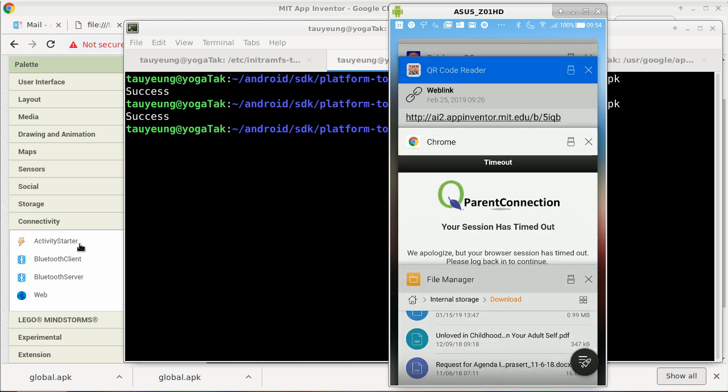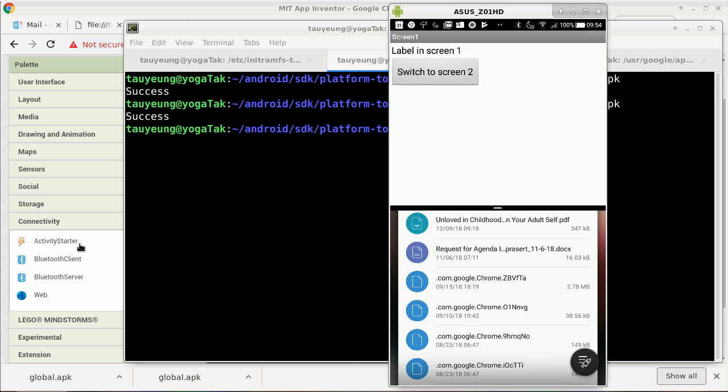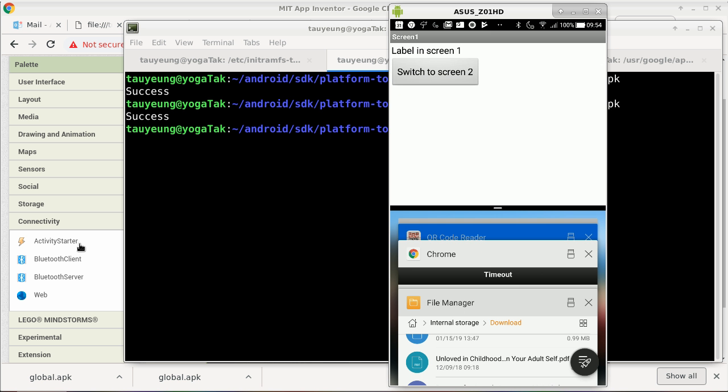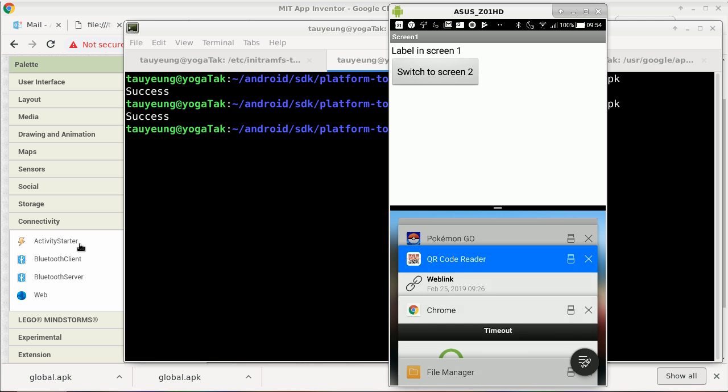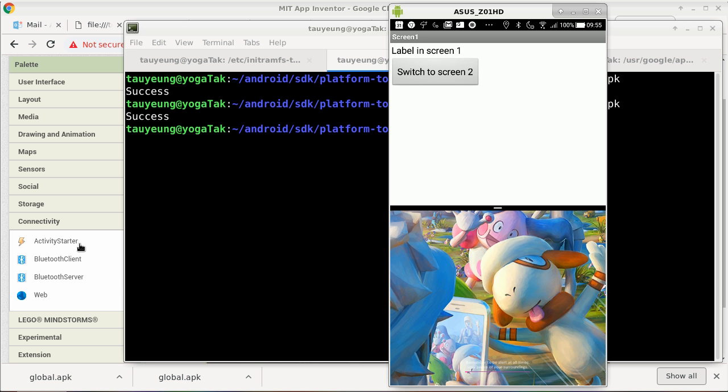It's a known thing that Android has the ability to run multiple things, but iPhone does not. See this little tab here next to the X? If I click on that, it allows me to do the split screen thing. So I'm running screen one on one, and I can run, let's see if that works, Pokemon Go on the other one. Side by side, our 2 apps. Yeah, so I can teach and spin my balls at the same time, right?